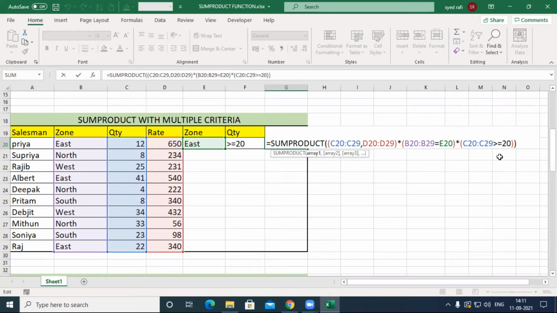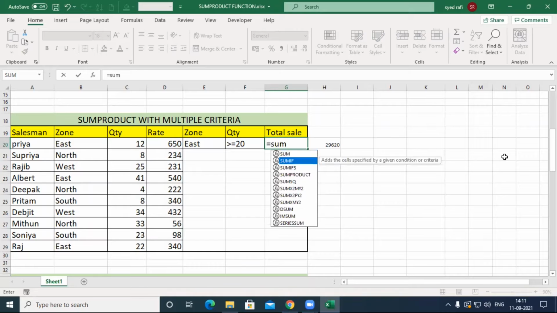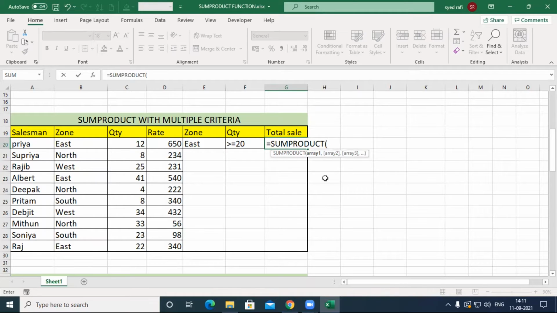You do one thing. Greater than or equal to 20. It's a condition, true. Why? Again, I type equal to sumproduct and this one, comma this one, and again you put in front of it an opening and closing bracket and put a multiplication,